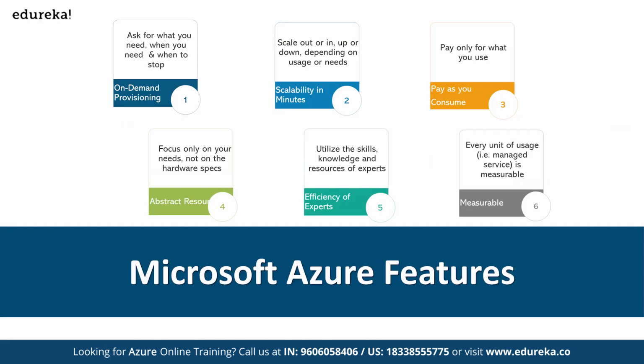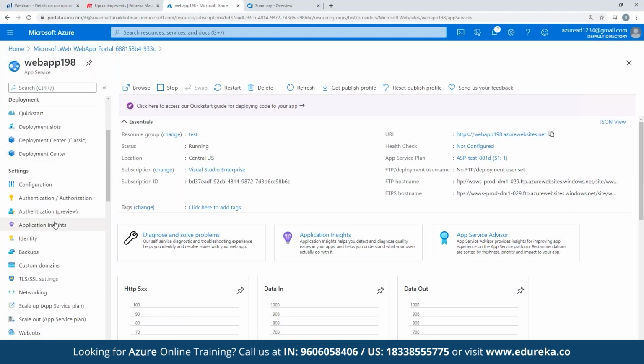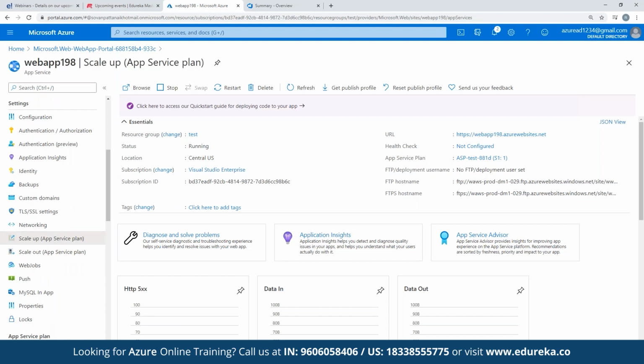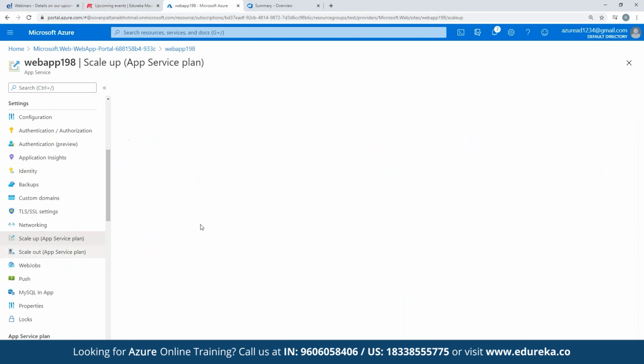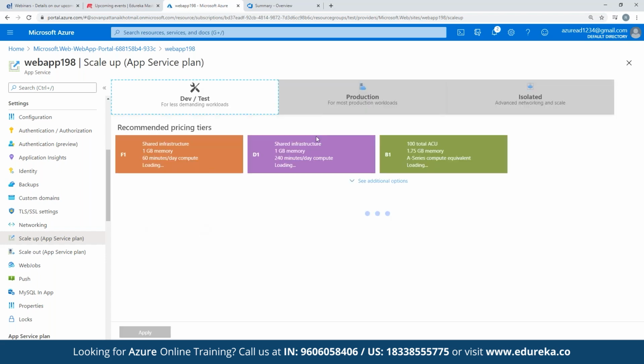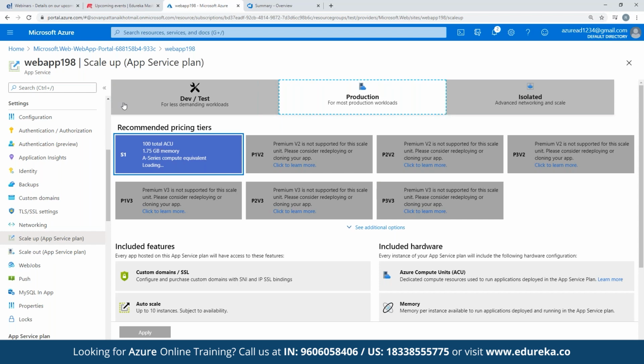and we only pay for what we use. And the scale out and scale in option which was there, I would like to show. Scale up and scale out are the options which are instantly available, where you can scale out the load which you want. App service plan gives more power or compute, let's say compute for production workloads.